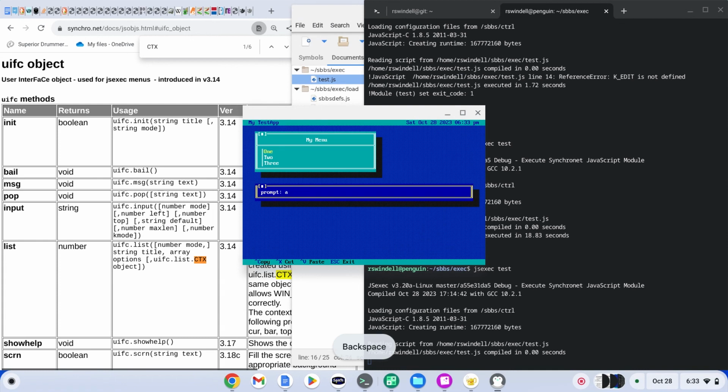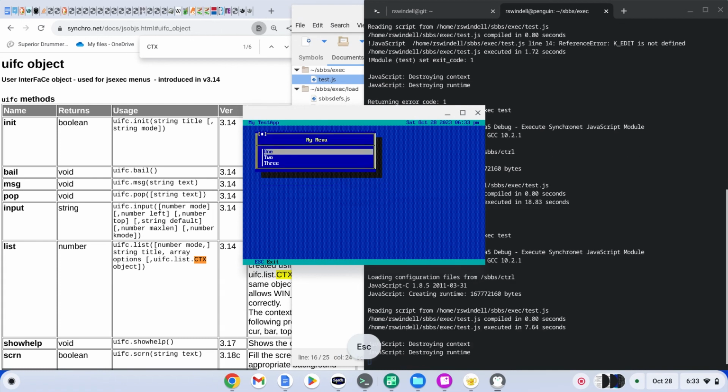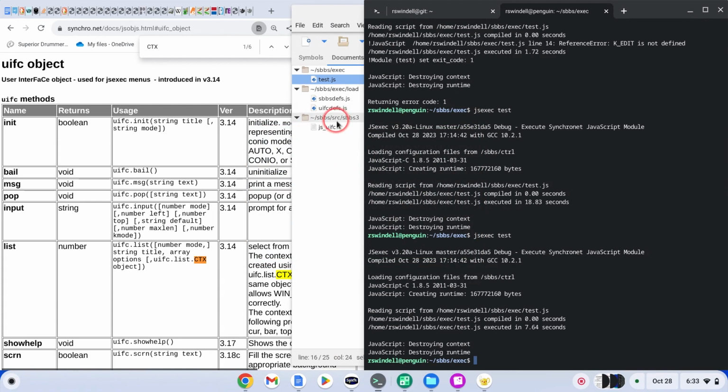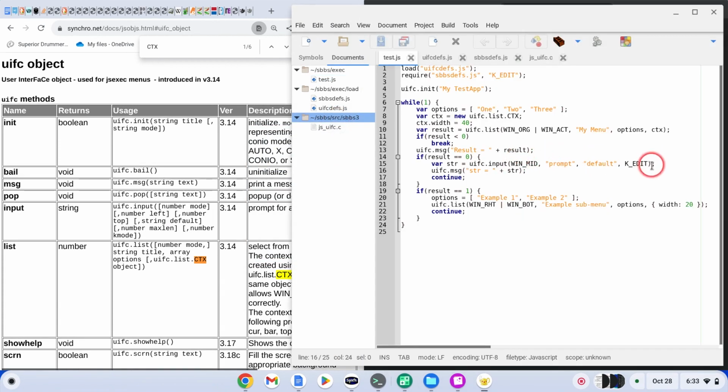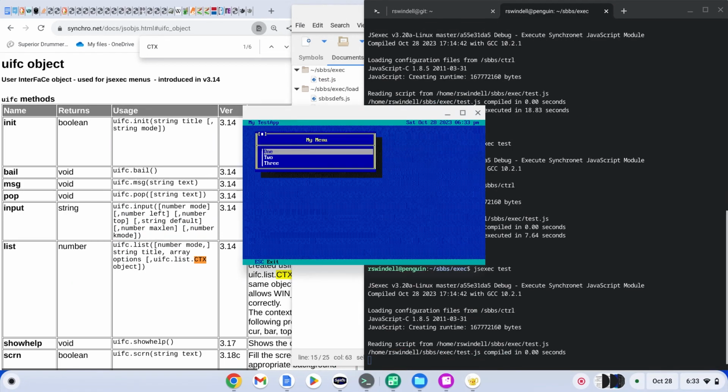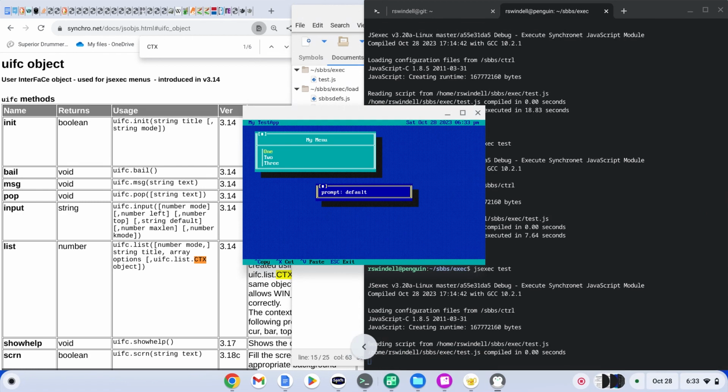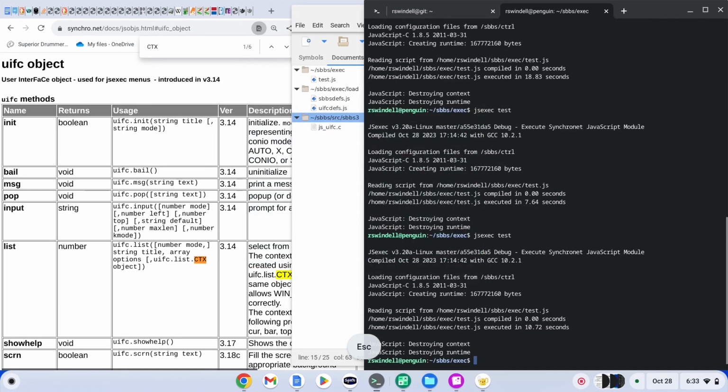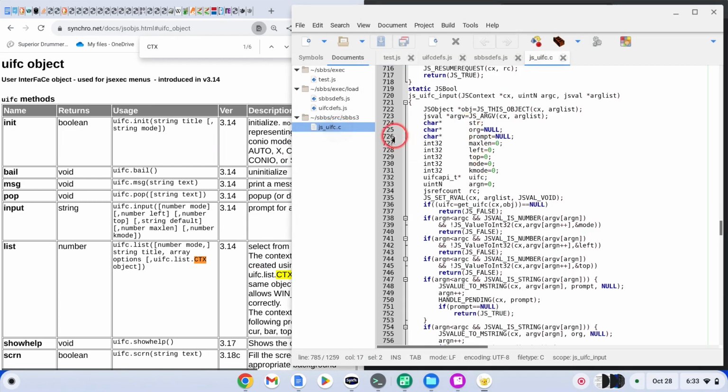Still don't see a default value here. We've got a really long input buffer. The default was 40. So if we wanted to limit that, the max len comes before there. So maybe that's why we don't have the max len. So if we put 20 for the maximum length before the kmode flag, there we go. Now we have the default value, we have a sensible maximum length, and we're in the middle of the screen because we used that win mid flag for the first argument, the mode argument,